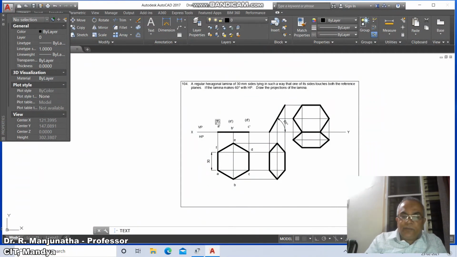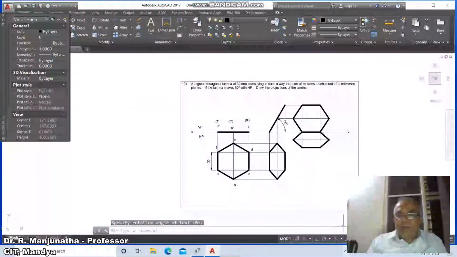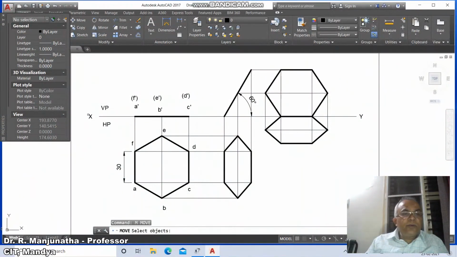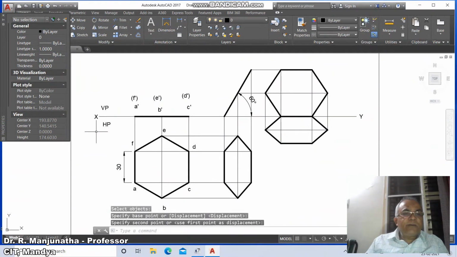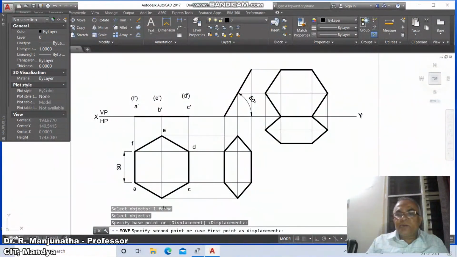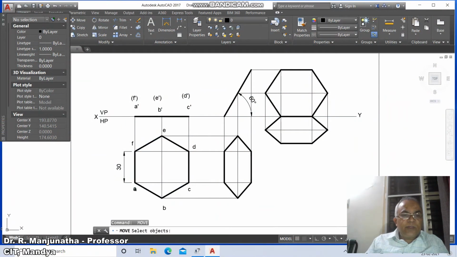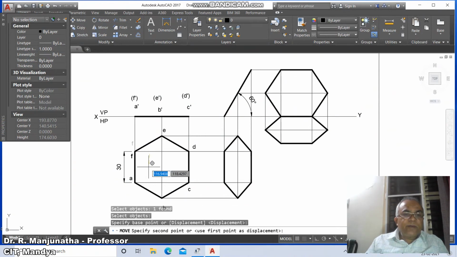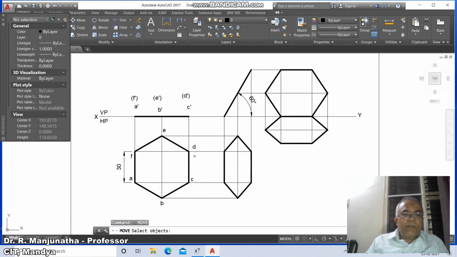So this is how you will bring it to the screen. So you just go to X and place it wherever you want. So similarly VP and similarly HP, and you make this also as Y. Then go to A, select this, and then F, you select this, then go to B, then go to C, then go to D,